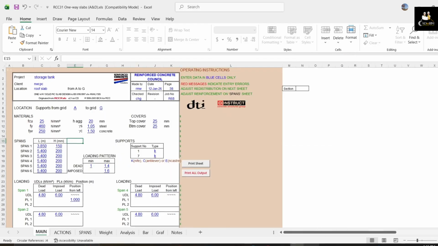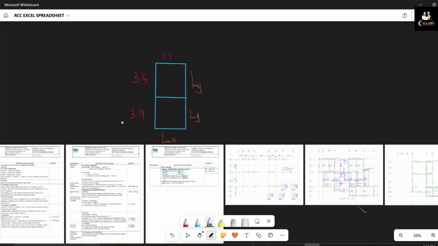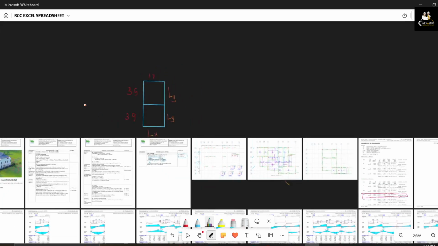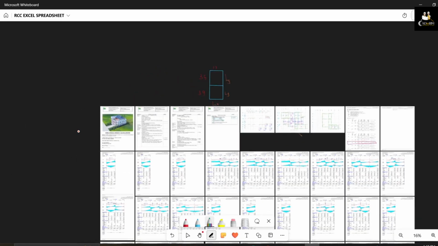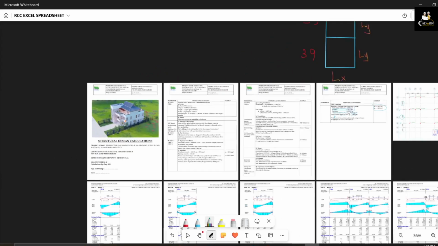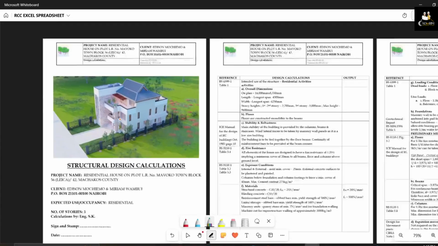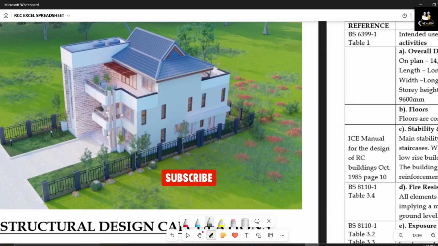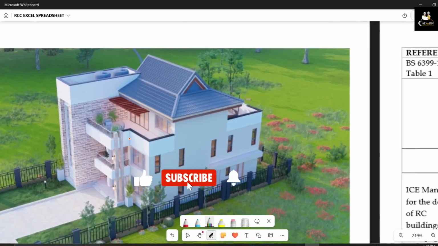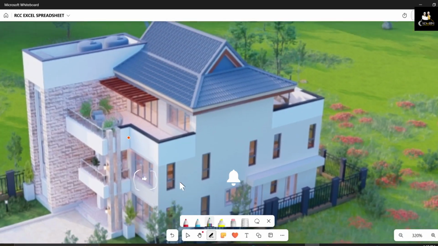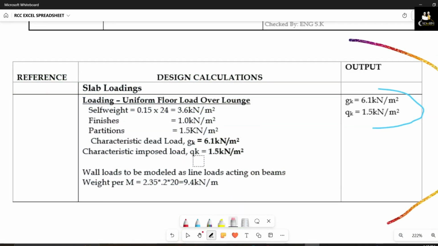That's a real example, as you can see it on my screen here. So I have an example that I actually worked on. This is the building that we're going to pick two of its one-way slabs from and design using the RCC. As far as our loadings are concerned, we'll be having dead load and live loads,